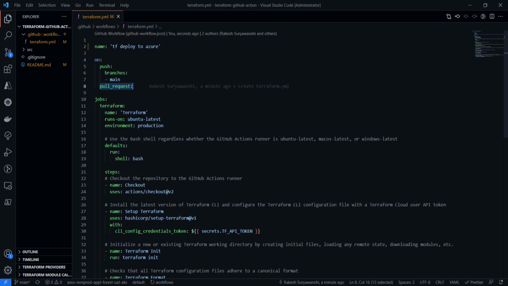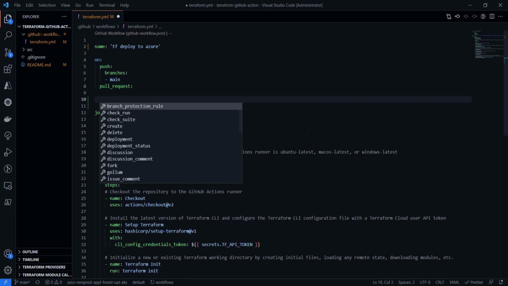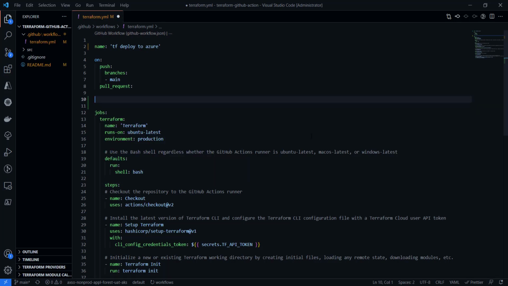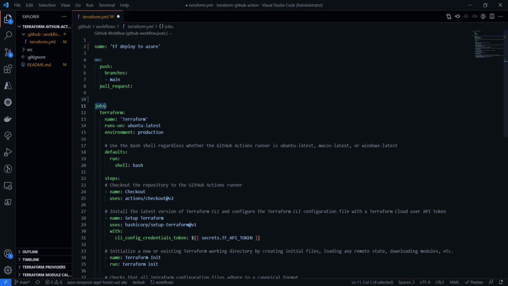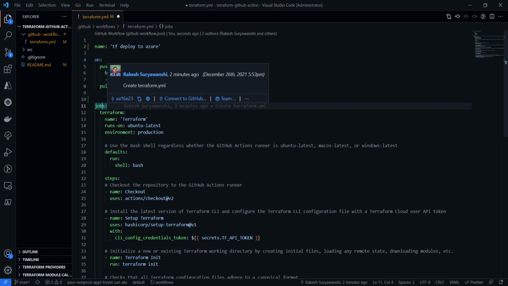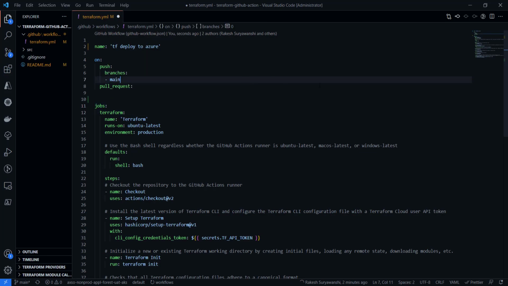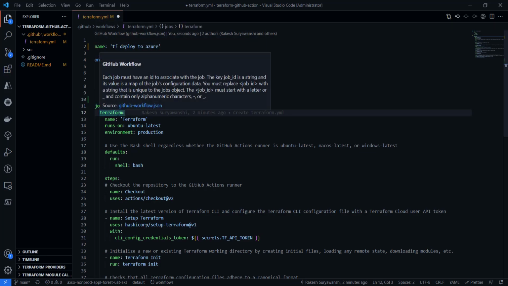If you would like to apply any more specific filters or parameters, there are a number of them available which you can add. For example, if I just press Control Space, these are the different events available to set up or configure your workflow. For now, I'll leave it as is. And here is the job collection. It is jobs, ending with the character S, which means a collection of jobs. You could have one or more jobs within your workflow. At the moment, this default workflow given by the community has one job inside the job collection. The job name is Terraform.